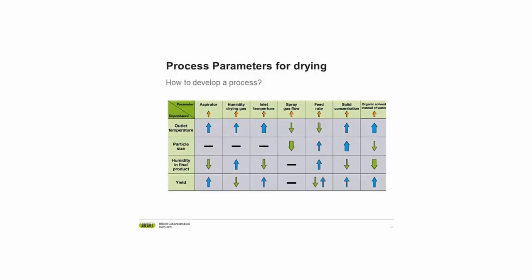The higher your concentration, the more product is in any one droplet, the bigger your particle size is going to be. And if you are struggling with spray drying because your product is temperature sensitive, but you would like to have a bigger feed concentration, and then you can't dry it anymore,